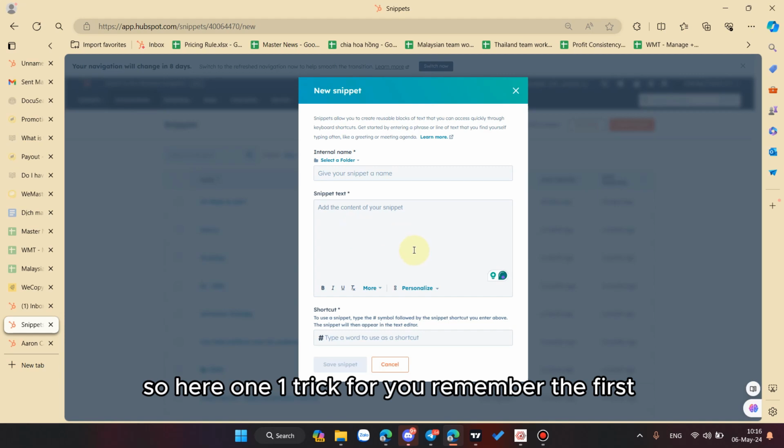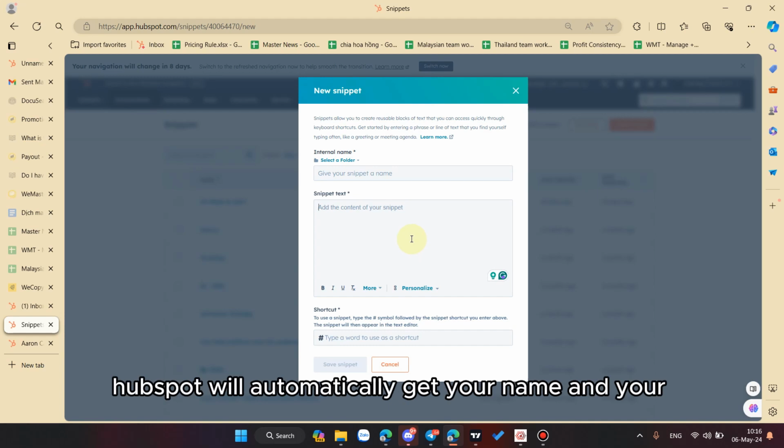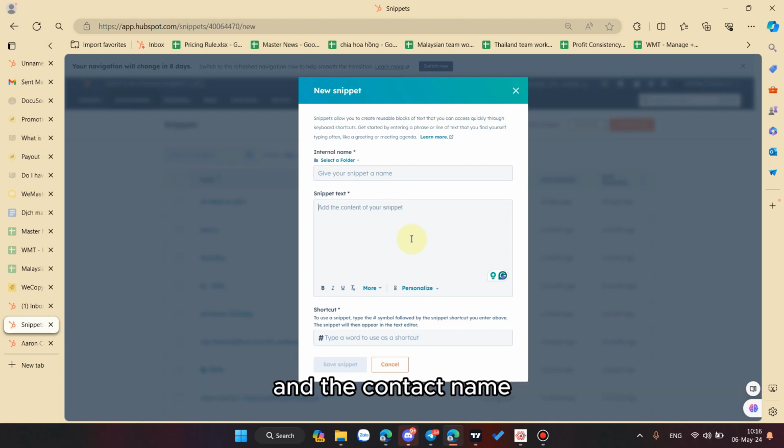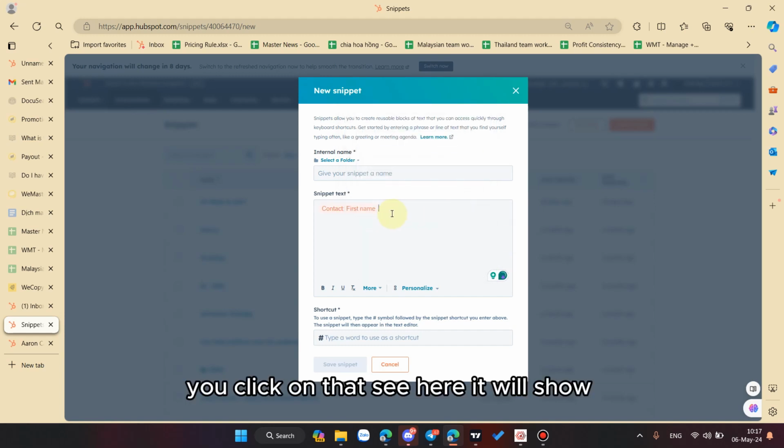Here is one trick for you. Remember the first step in the sales flow: HubSpot automatically gets your name and the contact name. How do you do that? You go to Personalize. If you want the contact name, you choose Contact and search for First name. You click on that, and you see it shows a little code.